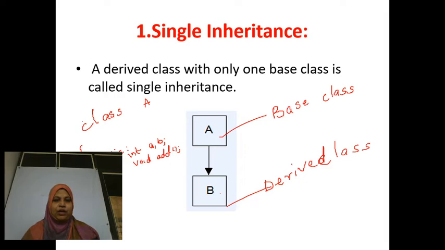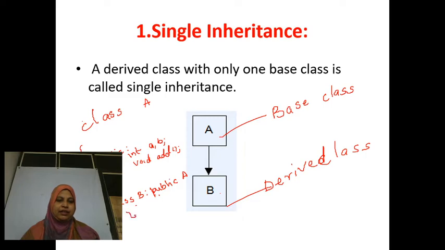I am declaring one class, that is class A. Now I am going to derive class B from class A. How am I going to derive class B? Class B in public mode, I am deriving the class A.